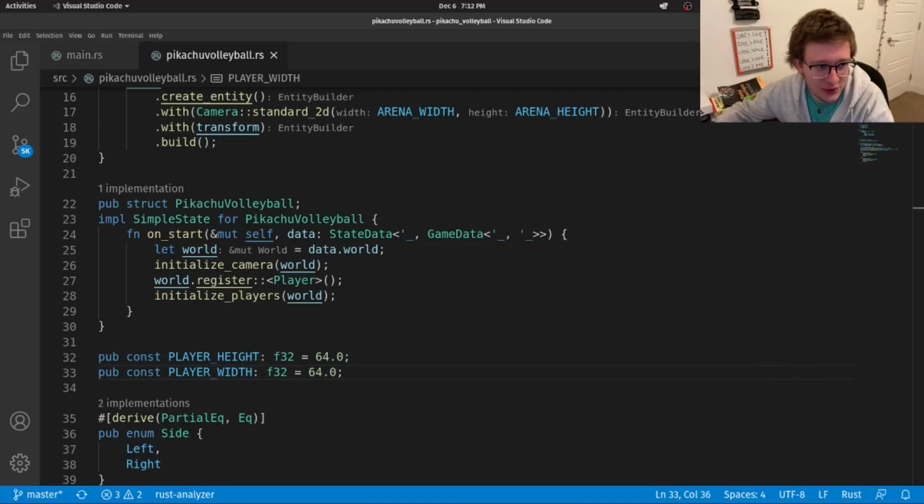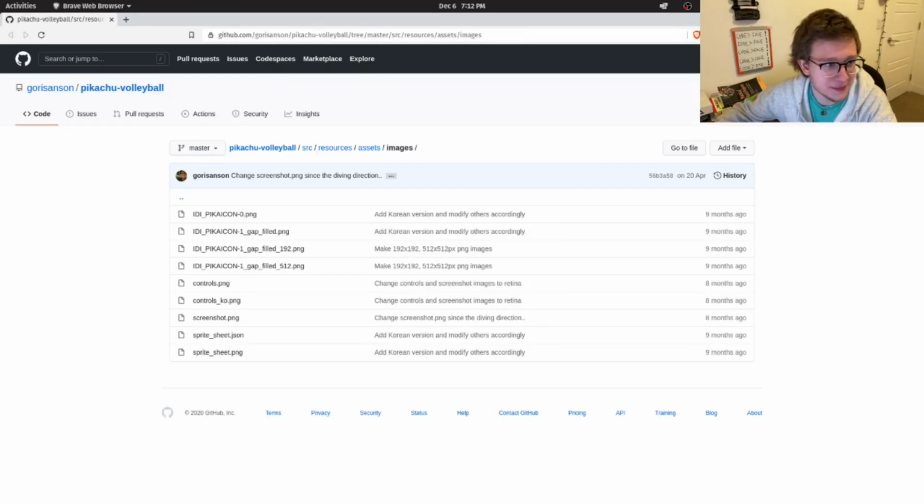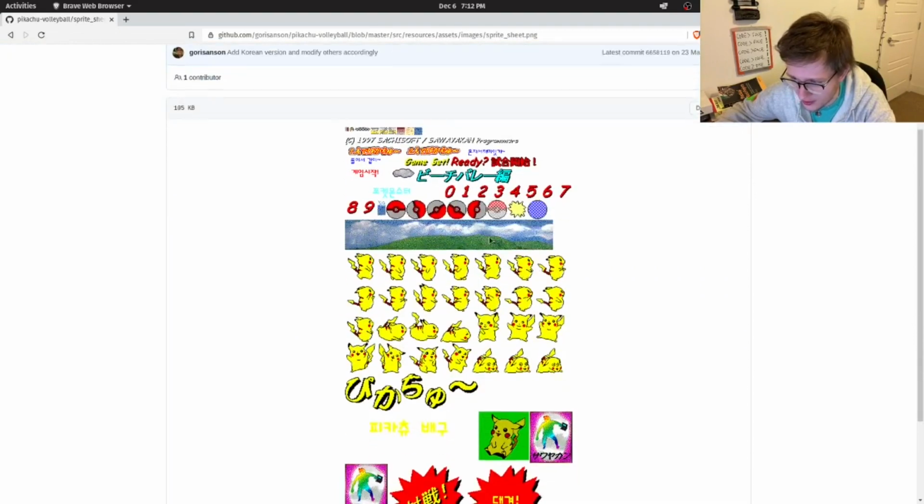So let's remedy that by importing our Pikachu sprite sheet, which, full disclaimer, I'm getting from this GitHub repo. Let me open it. It's from the same people that recreated that Pikachu volleyball game on the web that I was playing in the beginning. And of course, I'll add the link in the description. Anyway, I'm getting this sprite sheet right here.